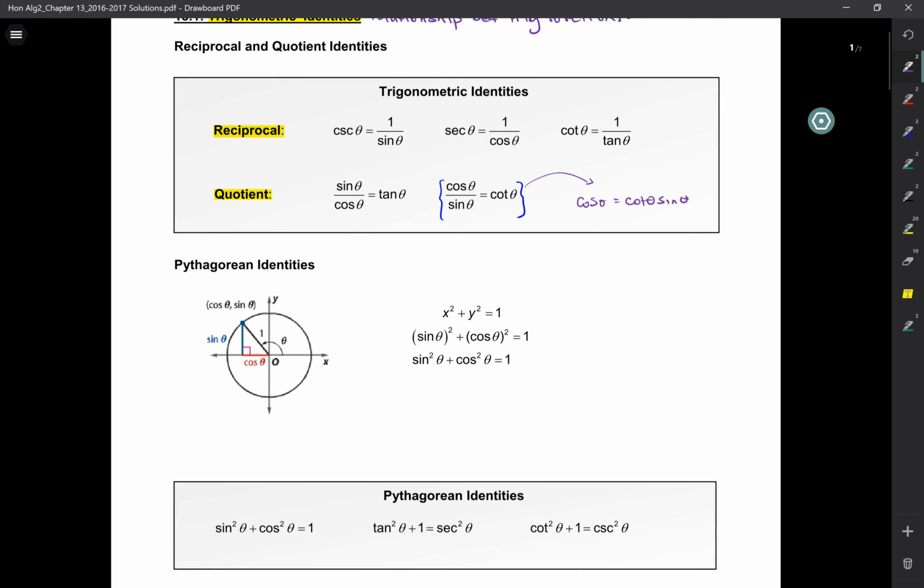Okay. Now, so that's the reciprocal identities and the quotient identities. Let's talk about Pythagorean identities, right? So the Pythagorean theorem is what? It basically says x squared plus y squared is equal to z squared. Now, if I have an angle drawn like this, and that lands in the second quadrant, and I look at the reference angle, the reference angle is here,